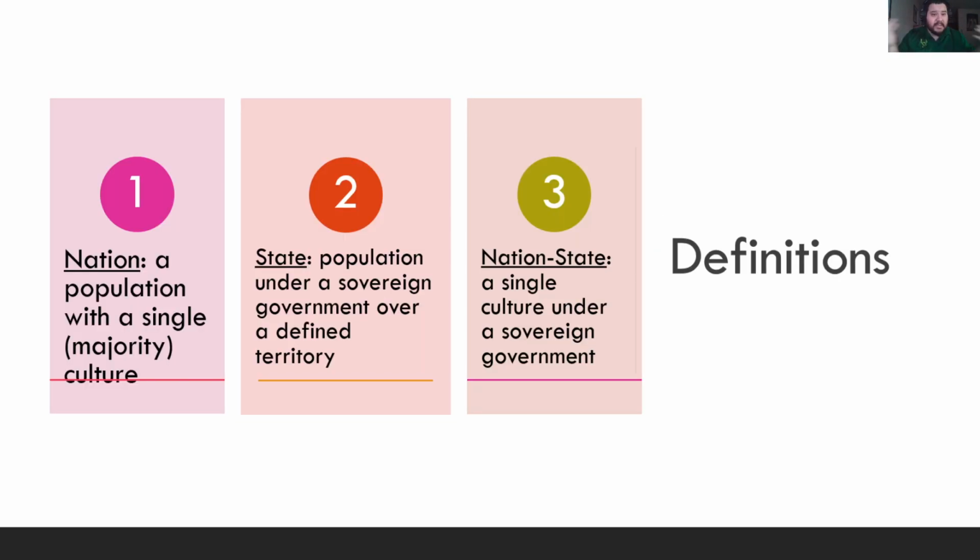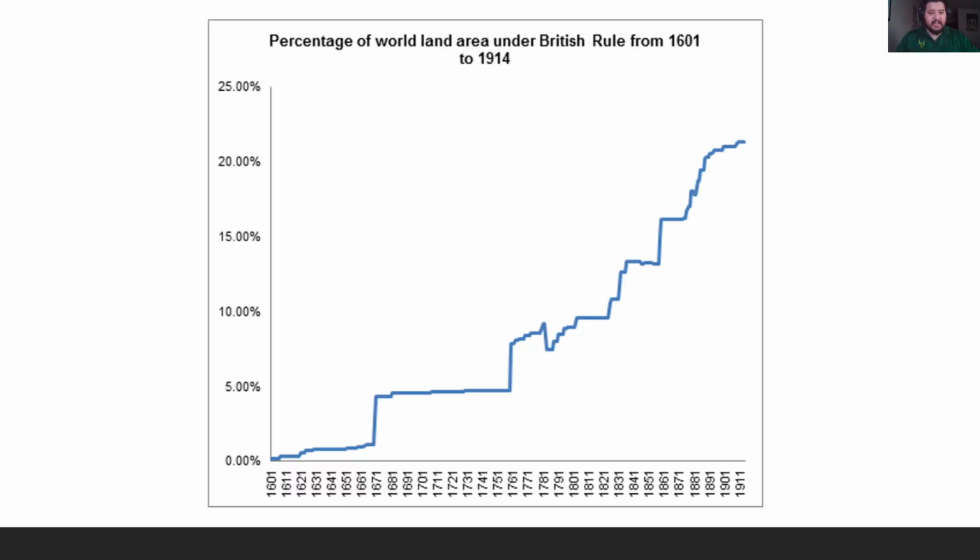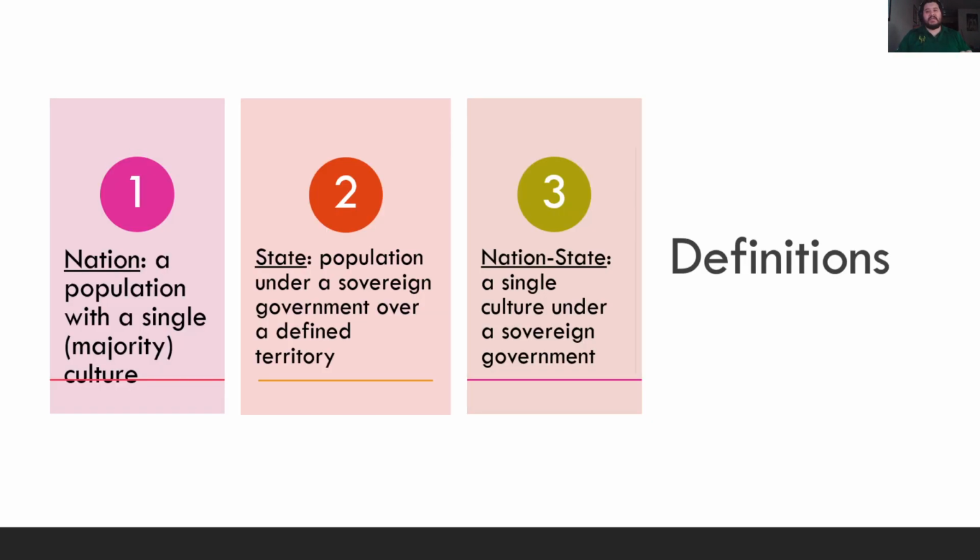Now, there are some definitions we go through because all of this changed, right? As we're entering and exiting right here at this peak, that's why we stop in 1914. We see a change in the notion of what it means to have control. And this new idea of what we call a nation state starts to come about, right? Where maybe the best way to control and have influence is not to control every single space, but to have this sort of indirect control of other places outside of your particular area or land region, but have immediate and direct control over your initial space. So we get this idea of a nation state.